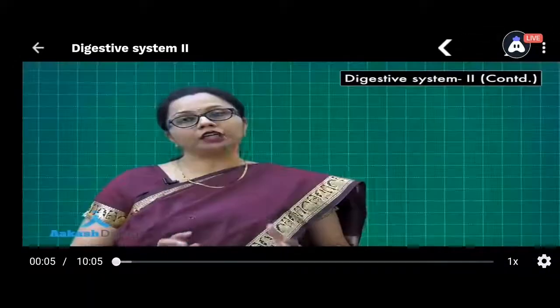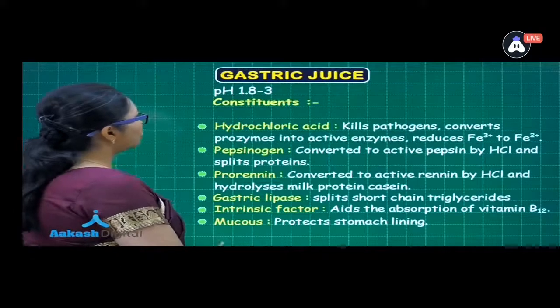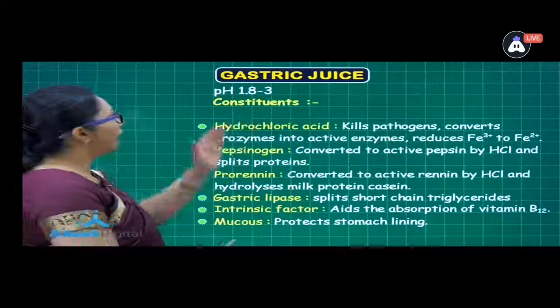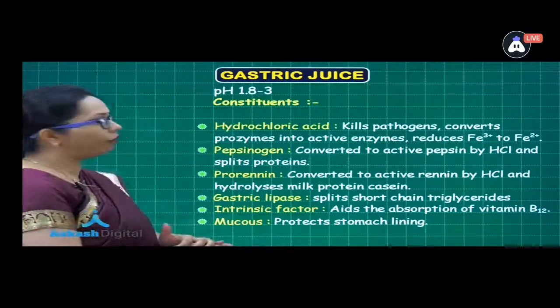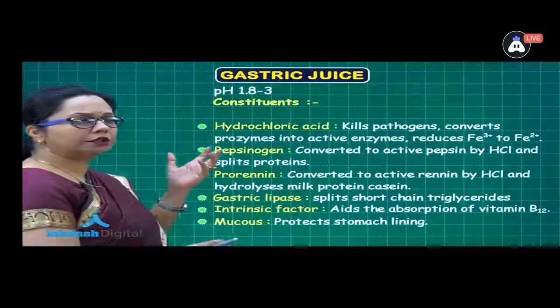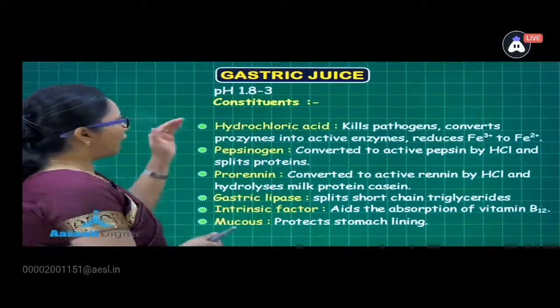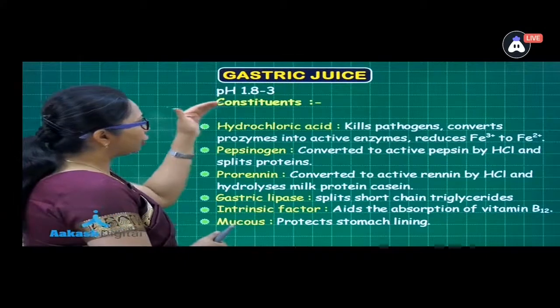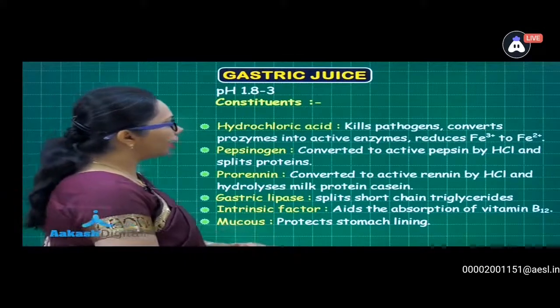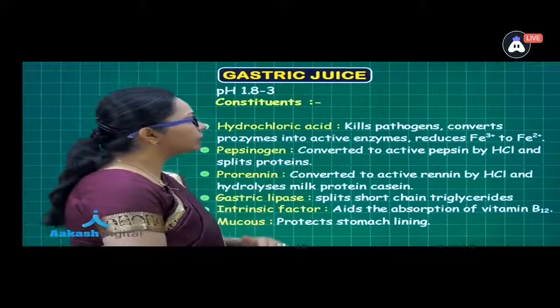Now compiling up the constituents of gastric juice. So here we can mention gastric juice, which is acidic, and the pH can range from 1.8 to 3, and normally it is within 2. Now this gastric juice contains hydrochloric acid. The purpose of the hydrochloric acid is that, of course, it kills the